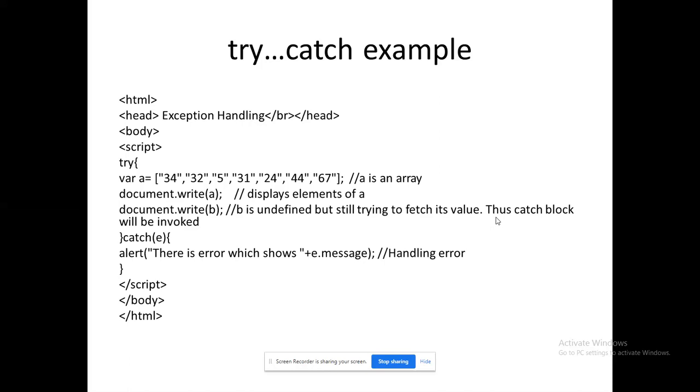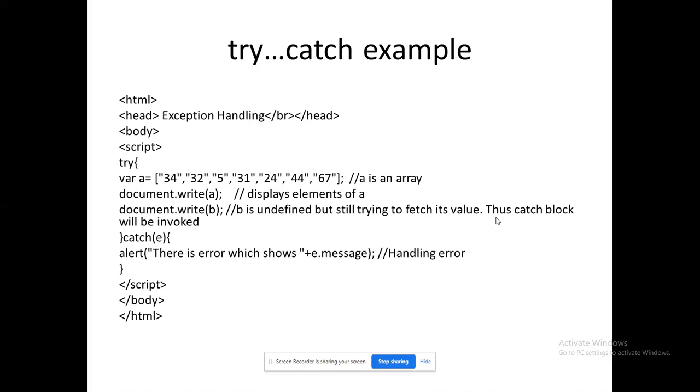So here we have an array. This array is a string array consisting of 7 elements. I am ready to display the values of the element A. Next, I am ready to display a value from B, but I have not declared B. I have not declared B, but I am accessing B. At this place, it will generate an exception.